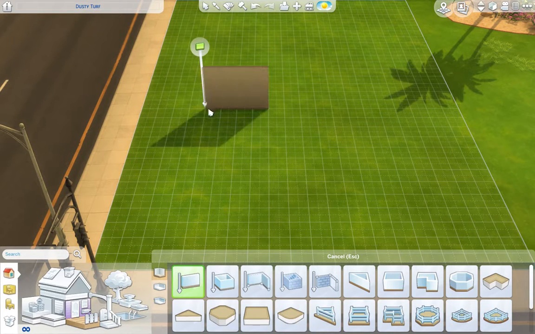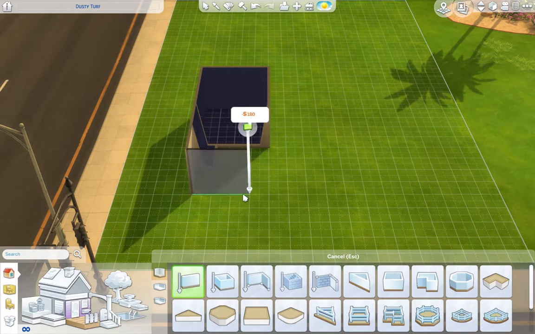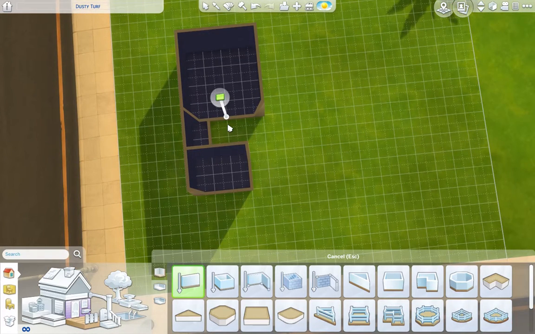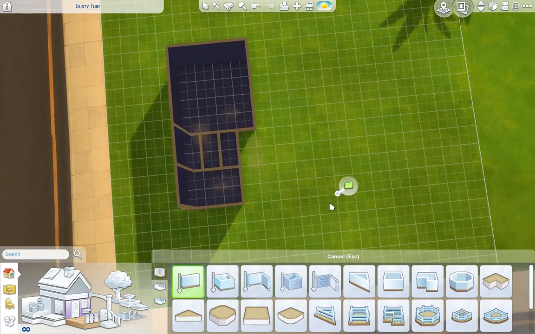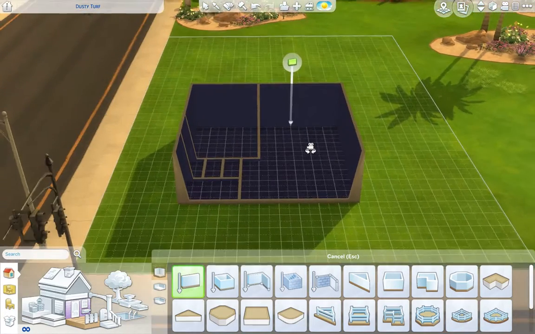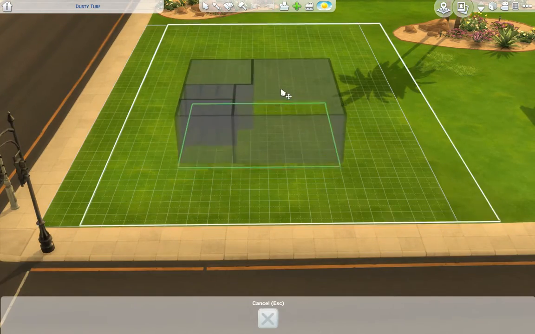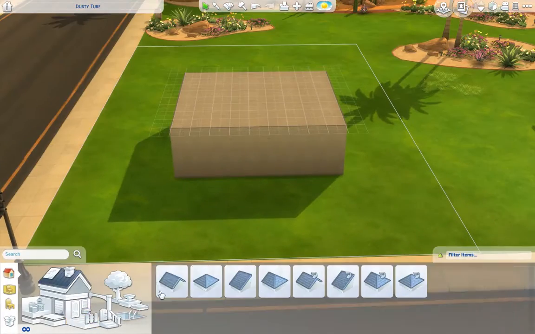Hello everybody, and today we're doing another Sims 4 Speedbuild video, and today it's a little bit different as you can probably see. We are doing the Rorybuilds challenge, and this is the June lot, which is that little beach house,